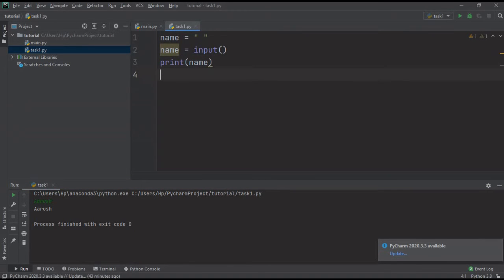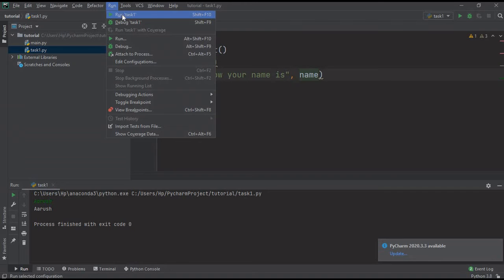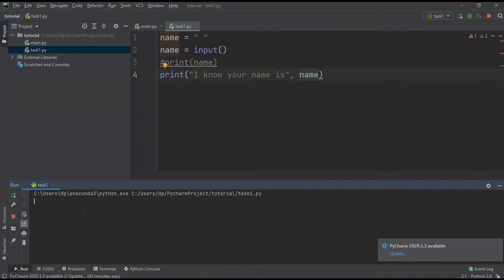So also we can do something like this. We can make it somewhat interesting like this. Print "I know your name is", and then the name, Arush, and the output is: I know your name is Arush.